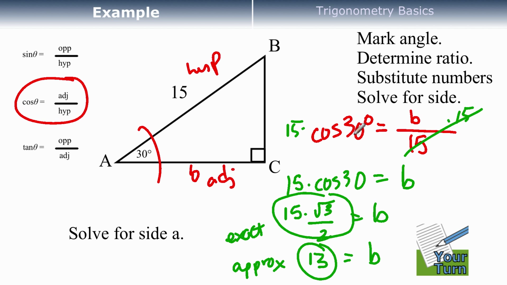Notice it's just fluky. If it's a 30 degree, then I can use those exact numbers. If it's 31 or 38, there aren't exact ones that we've memorized for those. Okay,